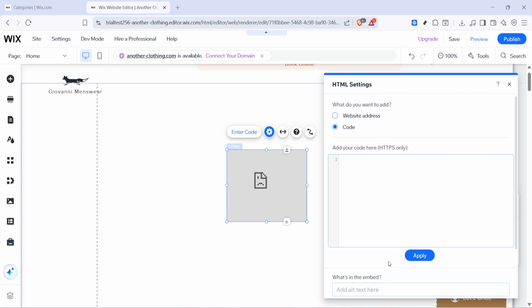That's the complete workflow. Open the Add panel, go to Embed Code, choose Embed HTML, paste your snippet, and apply. With those simple steps, you can bring powerful tools and widgets into your Wix pages without custom development. Take a moment to align the element with your design and add a short caption or heading nearby so visitors know